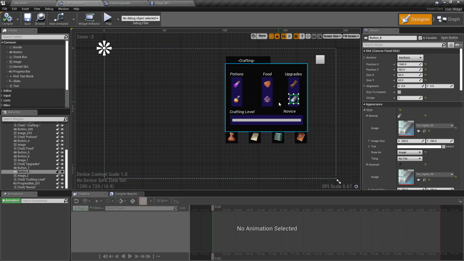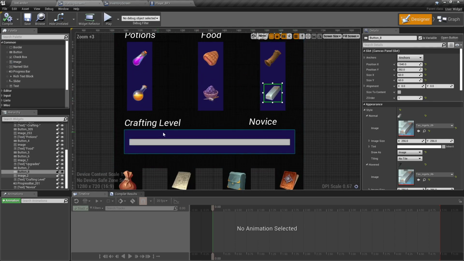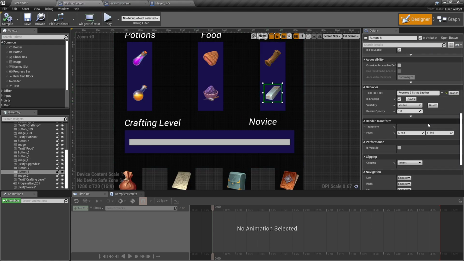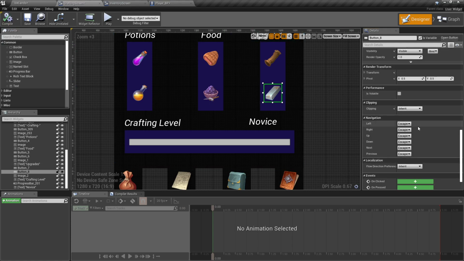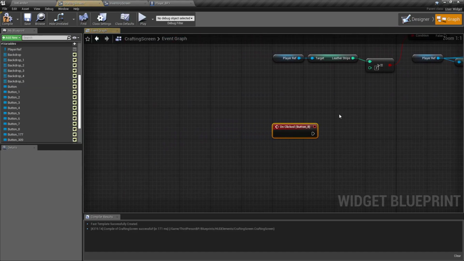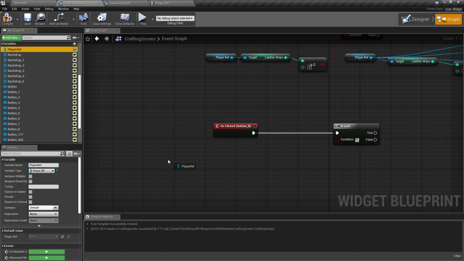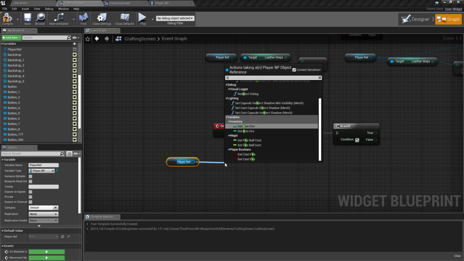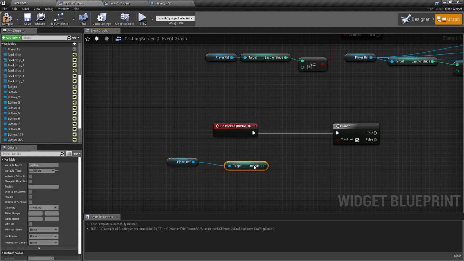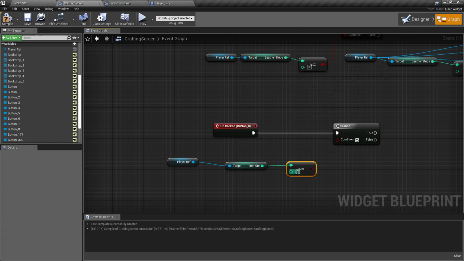One more thing for our crafting screen. Well, actually there's a bit left, because we're also going to increase this. It requires 3 strips of leather. That's not right. It requires 5 iron ore, because I've been playing a lot of Stardew Valley, and that's how many it takes in that. So on clicked, branch, get our player reference, drag out iron, get our iron ore greater than or equal to 5, and if true,